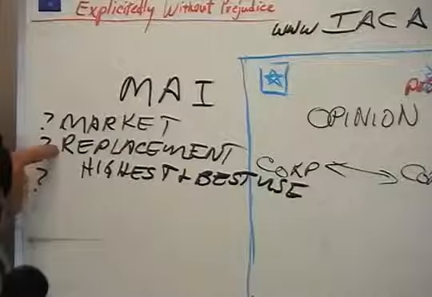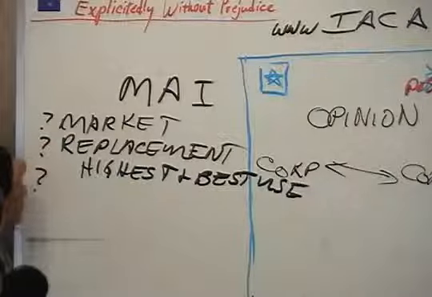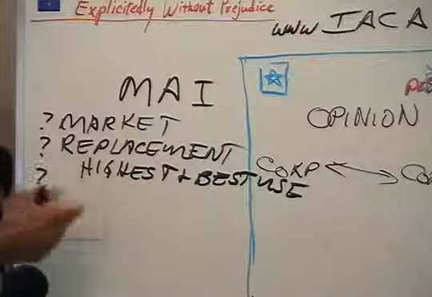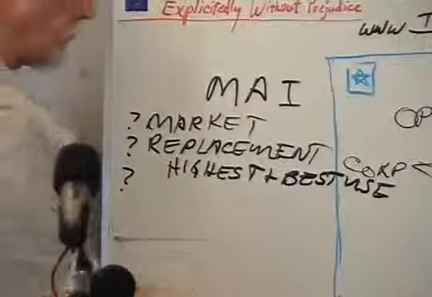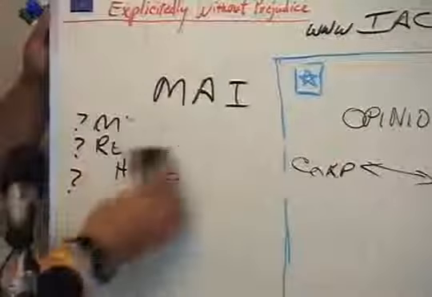Do you want it for insurance appraisal here? If it burns down, what's it going to cost me to replace this thing? And basically the highest and best use. Or I'm going to build something on this thing. Well, what can I build that's going to make the price of this reach its ultimate peak? So he'll average these things out depending on what you want to use them for.